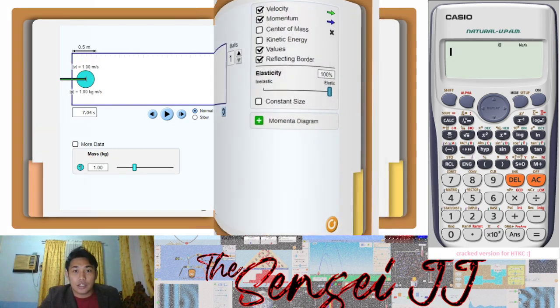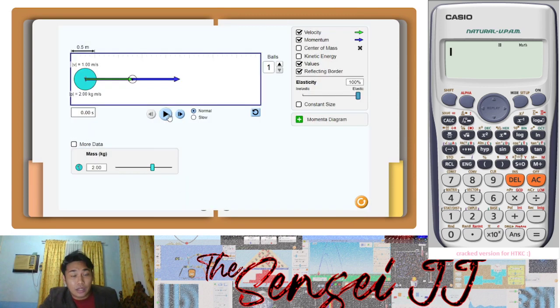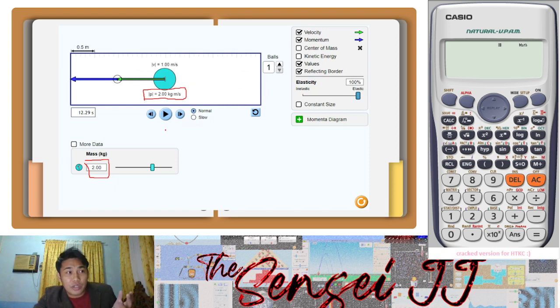So now, sir, if we increase the mass, what will be the momentum? Will it be greater? Yes, it will be greater. As you can see, guys, we are traveling at the same speed, which is a velocity of 1 meter per second, and our mass has increased to 2 kilograms. So we are having 2 kilogram meter per second. So it is just the momentum, which is equivalent to velocity multiplied by our mass, 2 kilogram mass and 1 meter per second velocity. We will be having a 2 kilogram meter per second